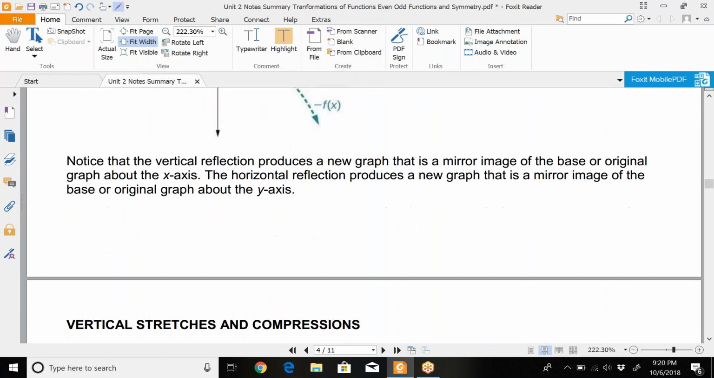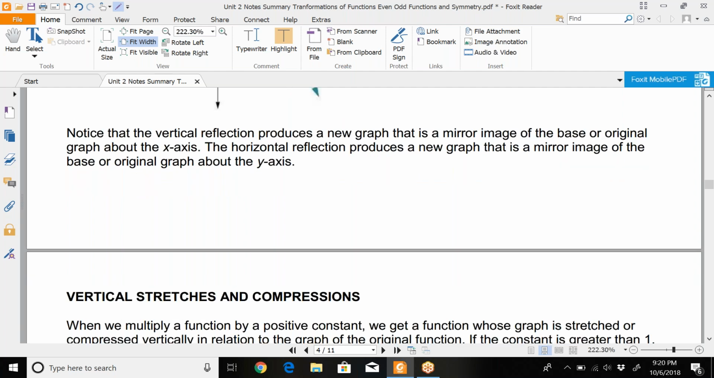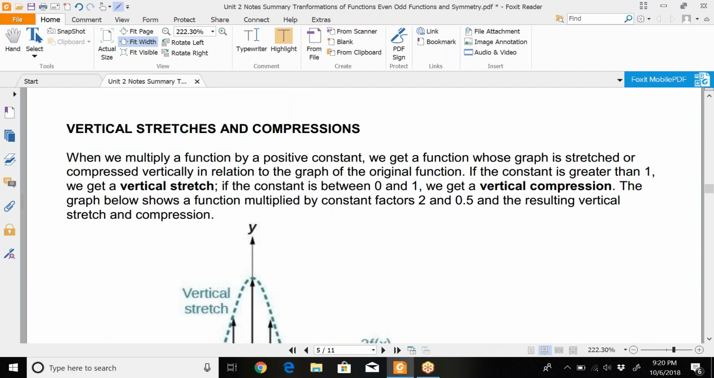And it says, notice that the vertical reflection produces a new graph that is a mirror image across the x-axis. And then the horizontal reflection, which is the one where the negative is inside, produces one that is a mirror image about the y-axis. Okay, and then the last type of transformations, because essentially we're just going to practice graphing some transformations next,